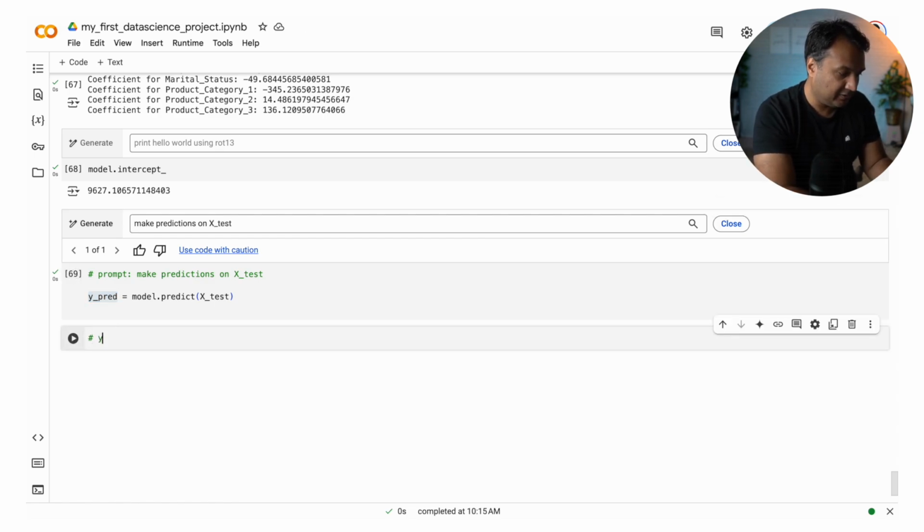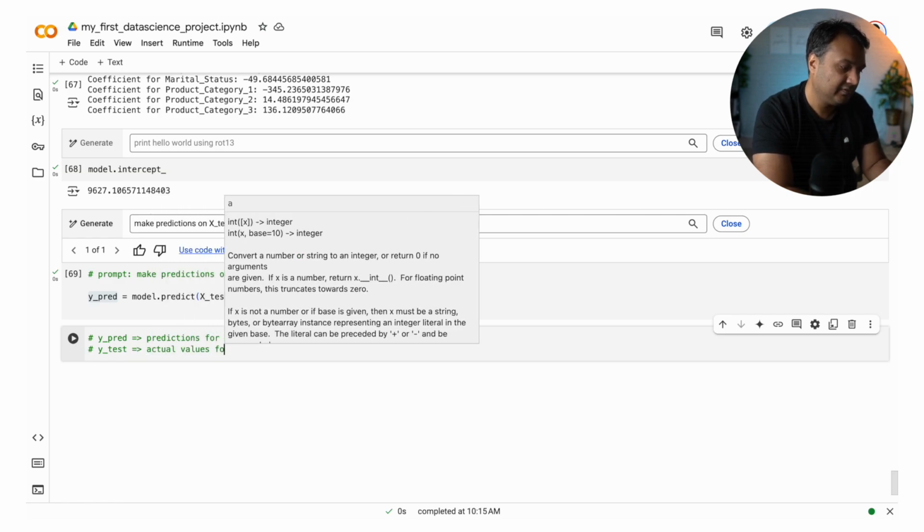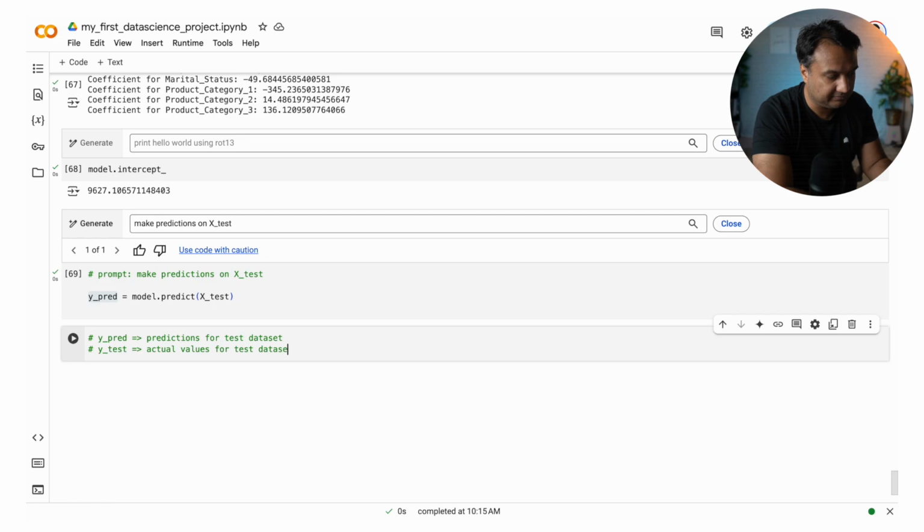So now ypred has predictions for test dataset, and ytest has actual values for test dataset. The predictions are basically purchase predictions.